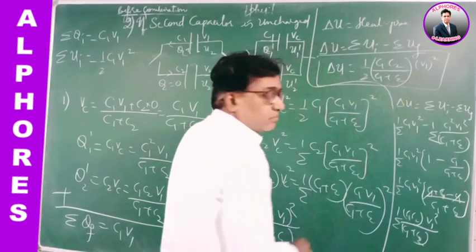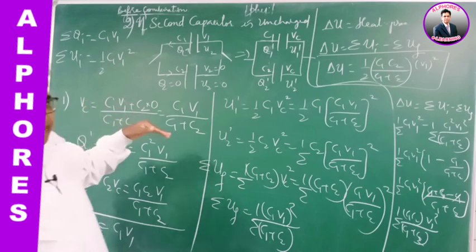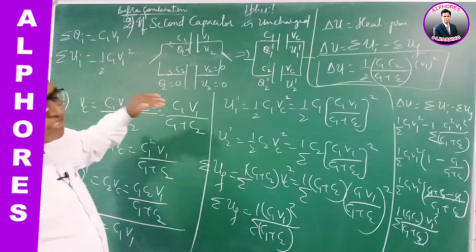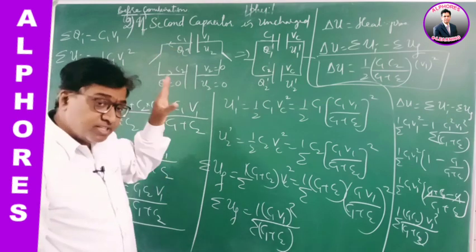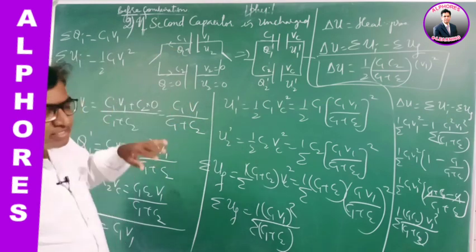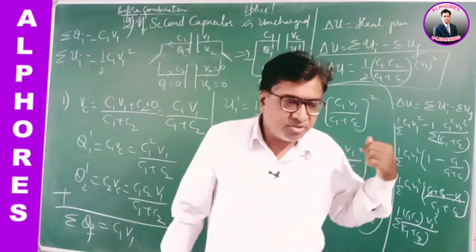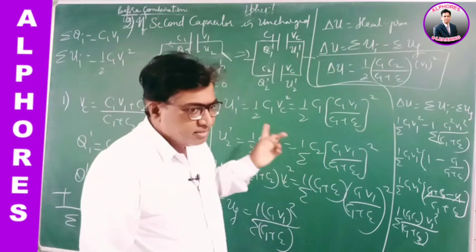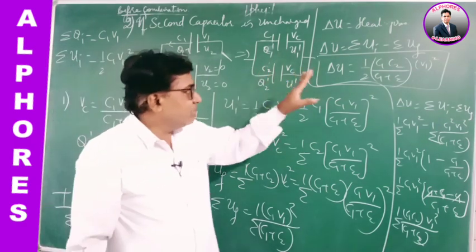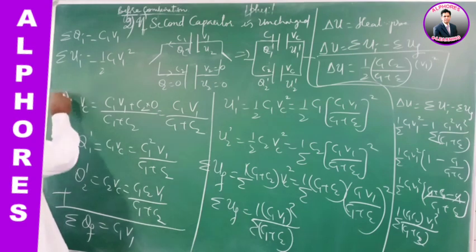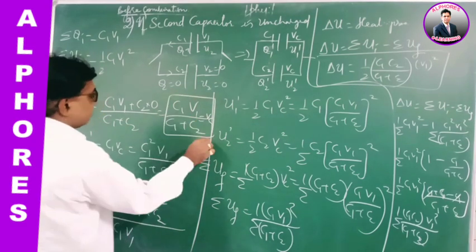That's it. So this is a very special, very important case, where one of the capacitors is uncharged and the other one is charged. Then what are the various things we get when we combine them in this combined system? First, the common potential, which is very important. The common potential is Vc.